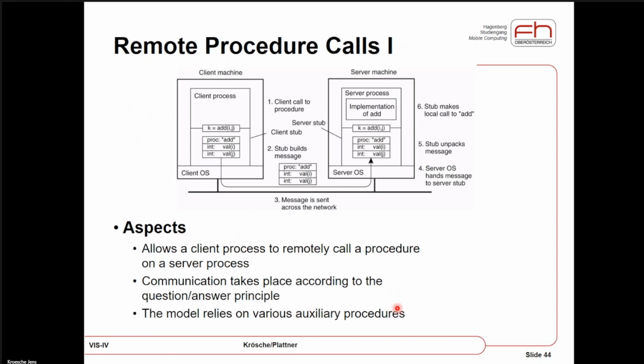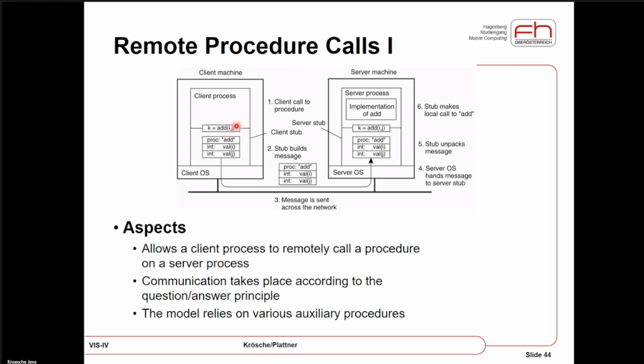So taking a look at that from a more structural perspective, what is really done? We have our client machine, which wants to call a method on the server machine. So the client wants to call the add method. And of course, the add method needs to have some parameters. This is a very simple example, but nevertheless, we always use simple examples. And of course, the result needs to go into some kind of variable. And in our program, it looks like a local call.